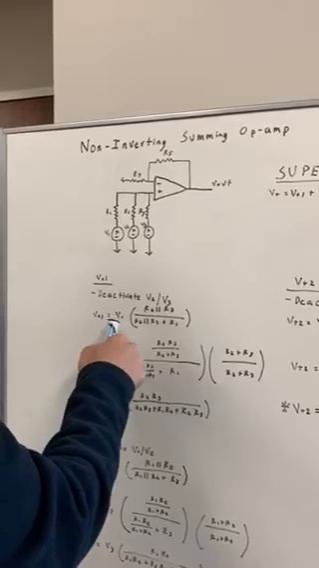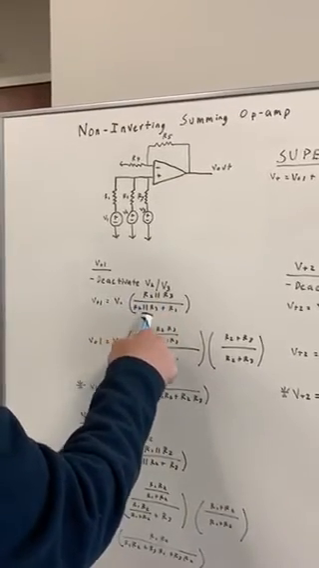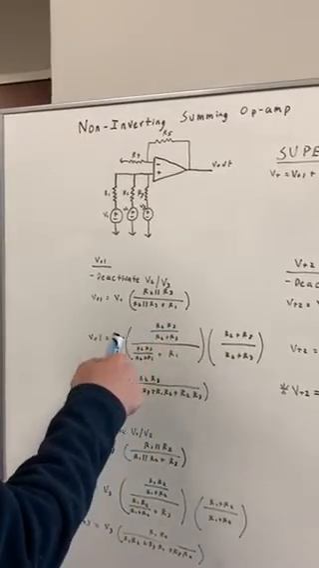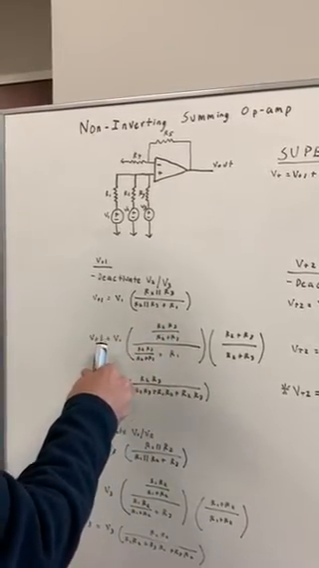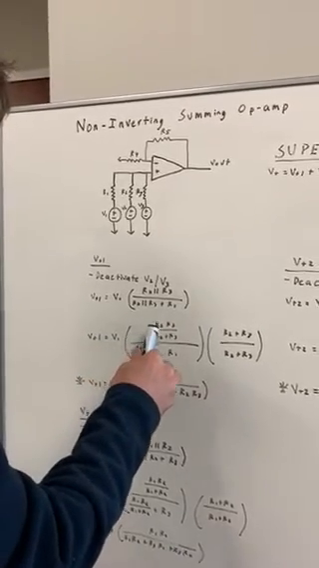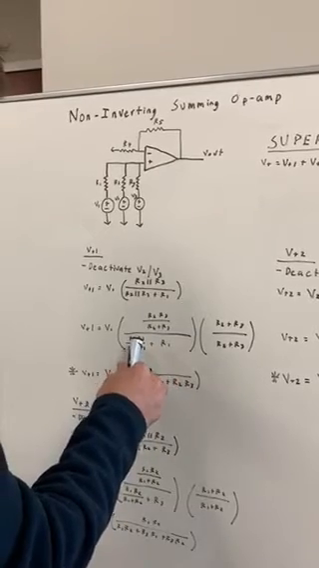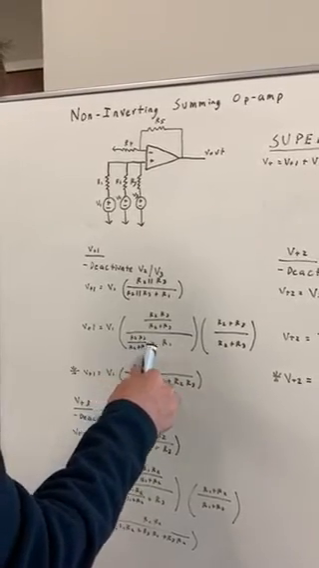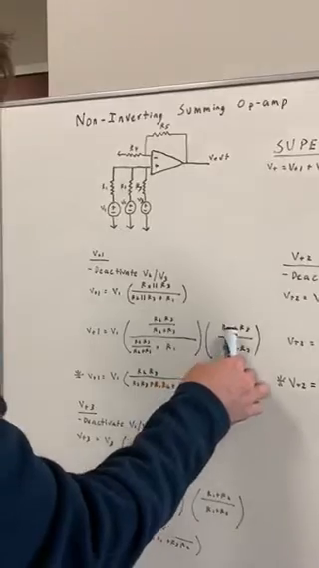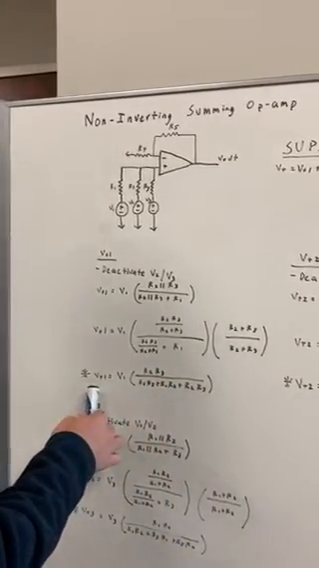positive 1 equals V1 times the R2 and R3 in parallel over R2 and R3 in parallel plus R1. This simplifies down to V positive 1 equals V1 times R2, R3 over R2 plus R3, all over R2, R3 over R2 plus R3 plus R1. And when you multiply that by R2 plus R3 over R2 plus R3, that simplifies down to V positive 1